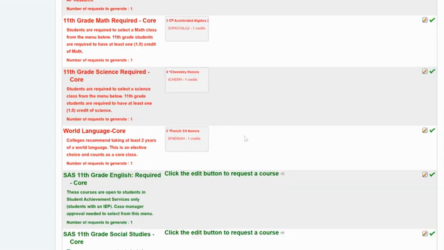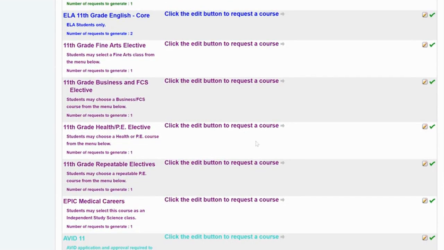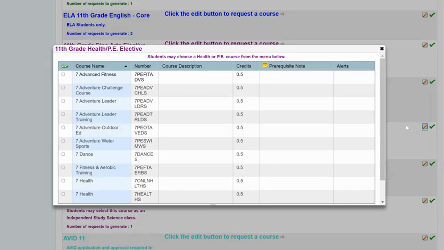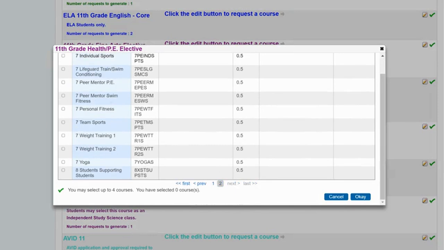For electives, please scroll down to the bottom and you'll find all of the different electives that are offered to me as a rising junior. At this point, we're going to reference our Pre-Reg sheet and find out which classes we selected for our electives. For me, that first class is a PE course. I'll click on my pencil. I'll find my correct PE sport or class, which is team sports,